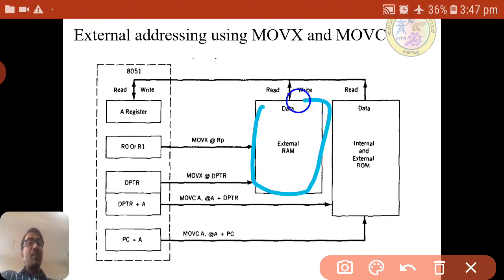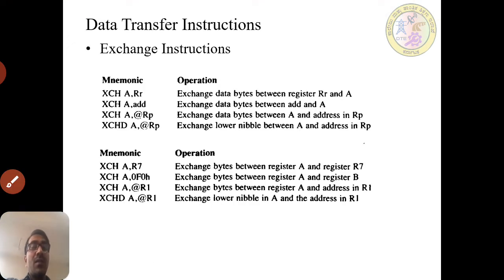If it is external memory, we can use MOVX @R0 and MOVX @DPTR. If it is ROM and we need to read the code, then we use the MOVC instructions. In data transfer we have three types: one is MOV, the other is XCH, and the third is PUSH and POP. Now let us go to the second one, exchange instructions.